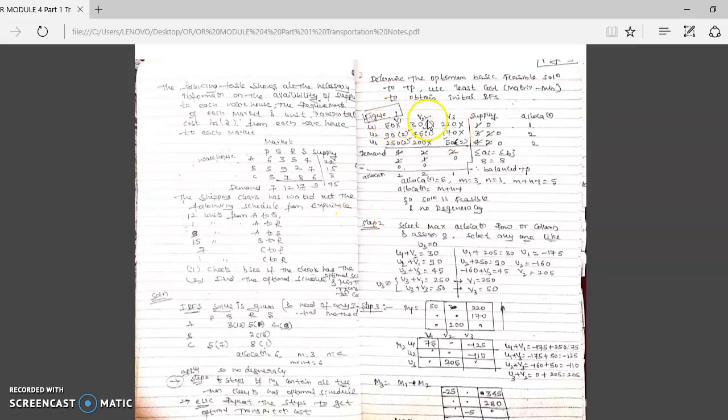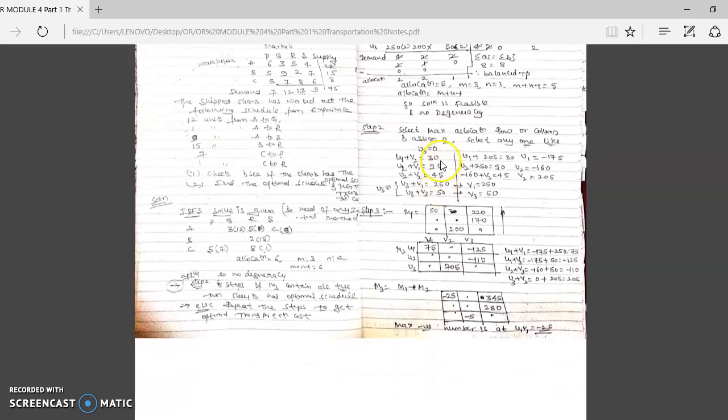Now, one more example I will provide. This is the third example on the Modi method. Again, he has given to use the least cost method for the initial basic feasible solution. So, solve it. Then we got the number of allocations equal to m plus n minus 1. So, total allocations are 2, 3, 4, 5. 5 allocations. m is 3, n is 3, that is 3 plus 3 minus 1, it is 5. So, it is non-degenerate, and you can continue with the next step.